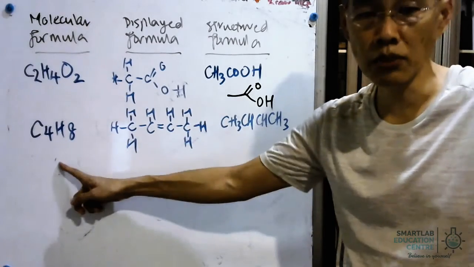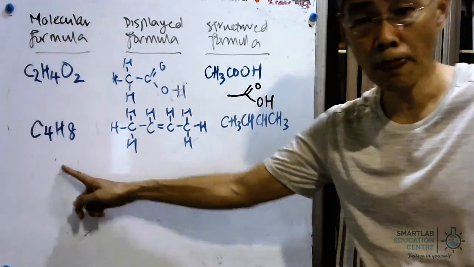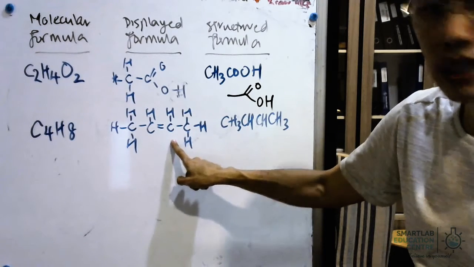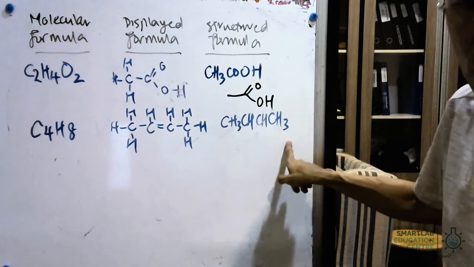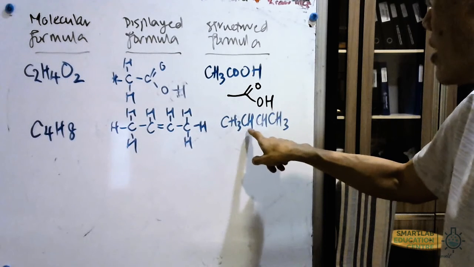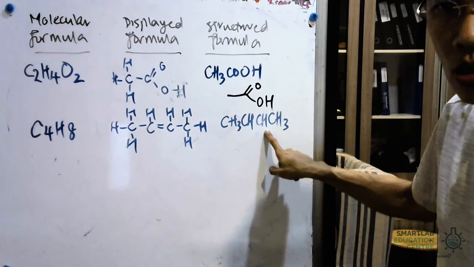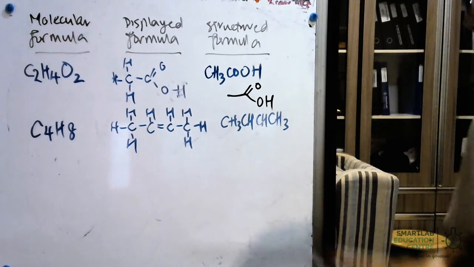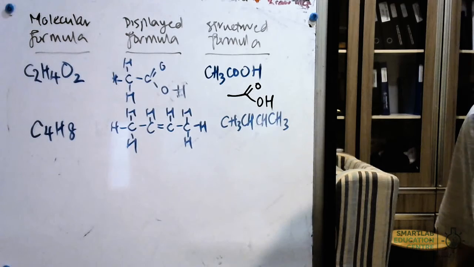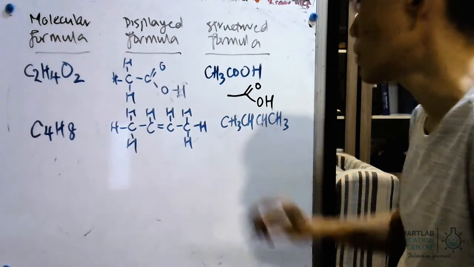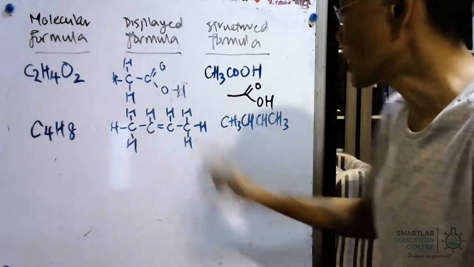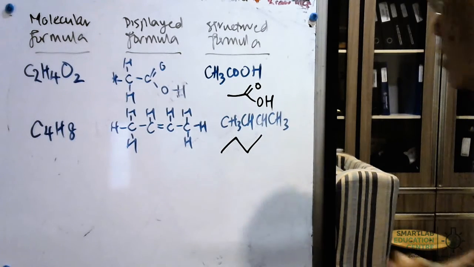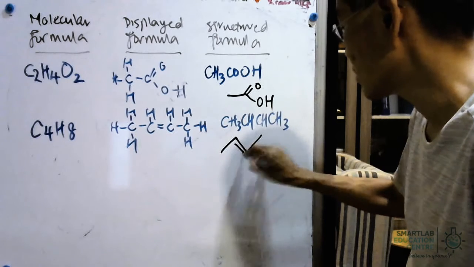Another example that we look at is none other than butene. In this case, the double bond is between the second and the third carbon. In the structural formula, as you can see down here, we have depicted them with CH, CH. So you must be able to interpret that between these two carbons there's a double bond. Again, we'll now look at the line structure for butene. Butene has 4 carbons, so in this case it will be 1, 2, 3, 4, and you have a double bond between the second and third. So that's how you display it.